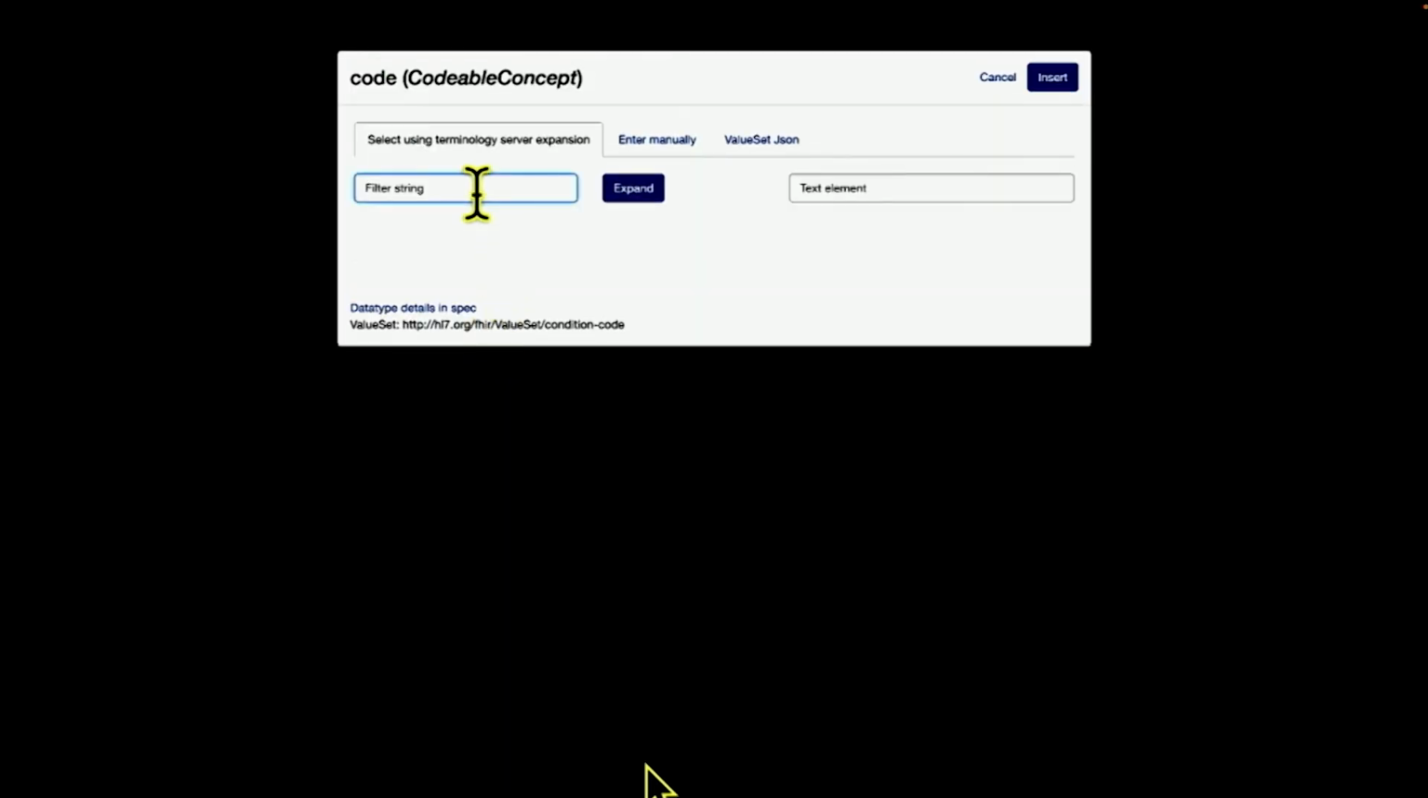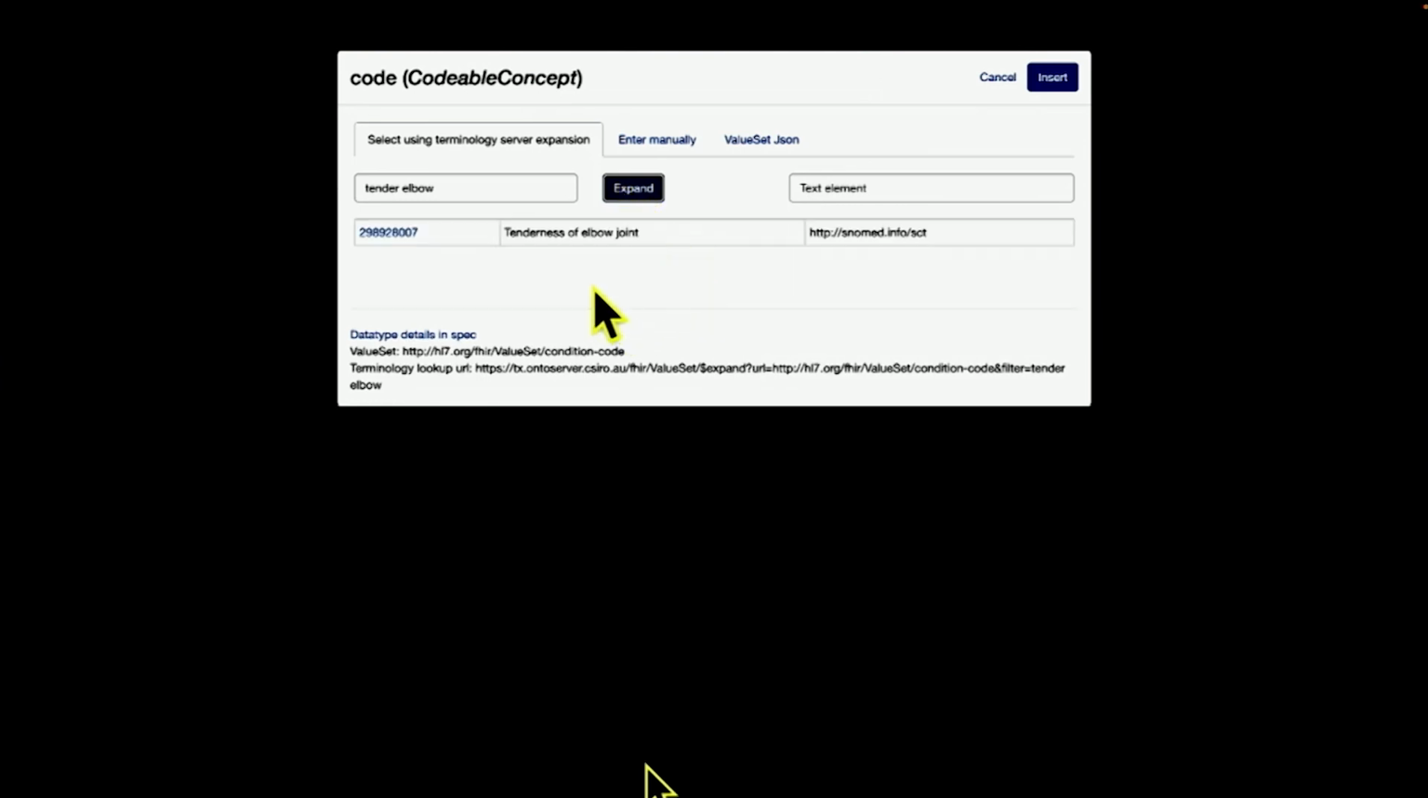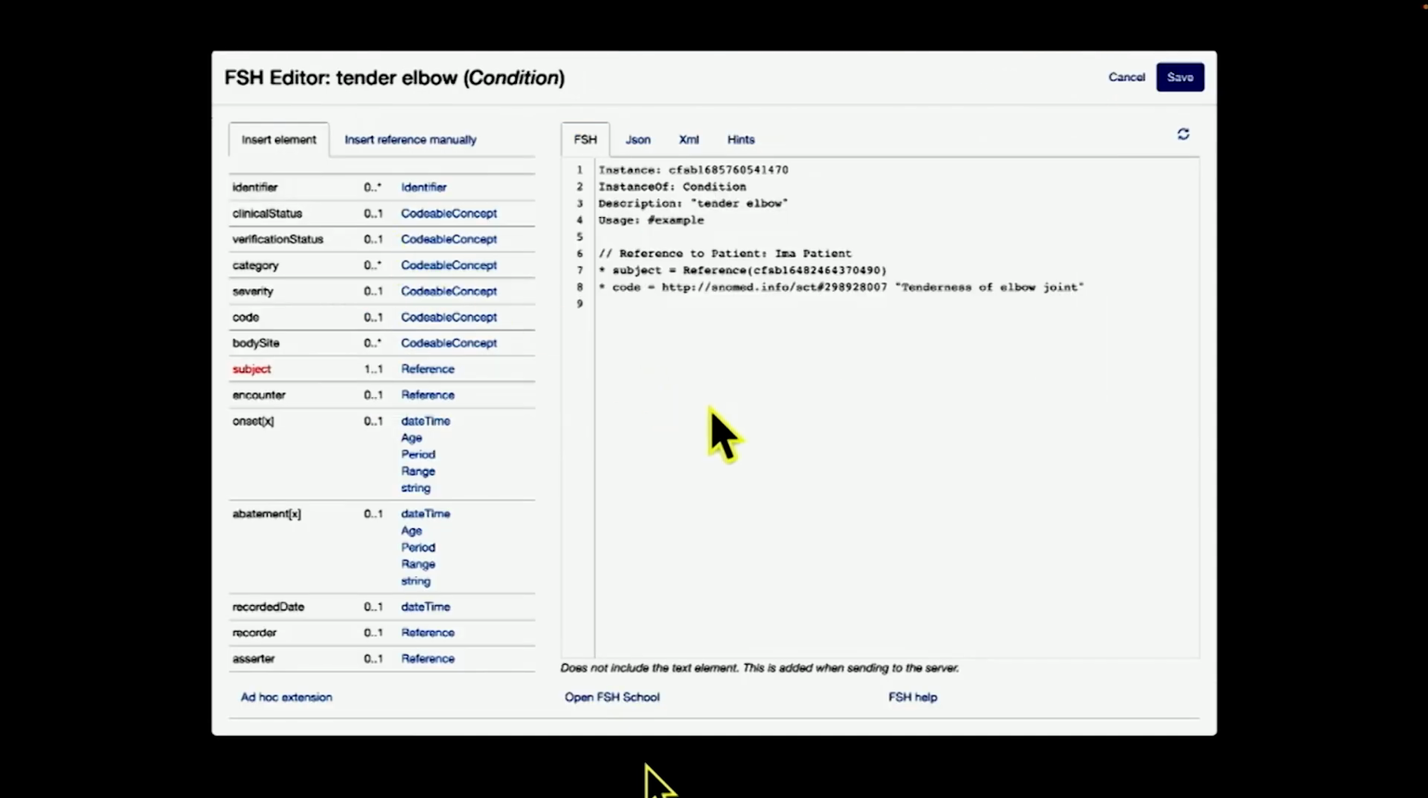Enter your search term into the filter string, tender elbow. Click expand. And in a moment you see that there is a SNOMED code for tenderness of elbow joint. Click on that, and it's inserted into the FHIR shorthand code. Now,